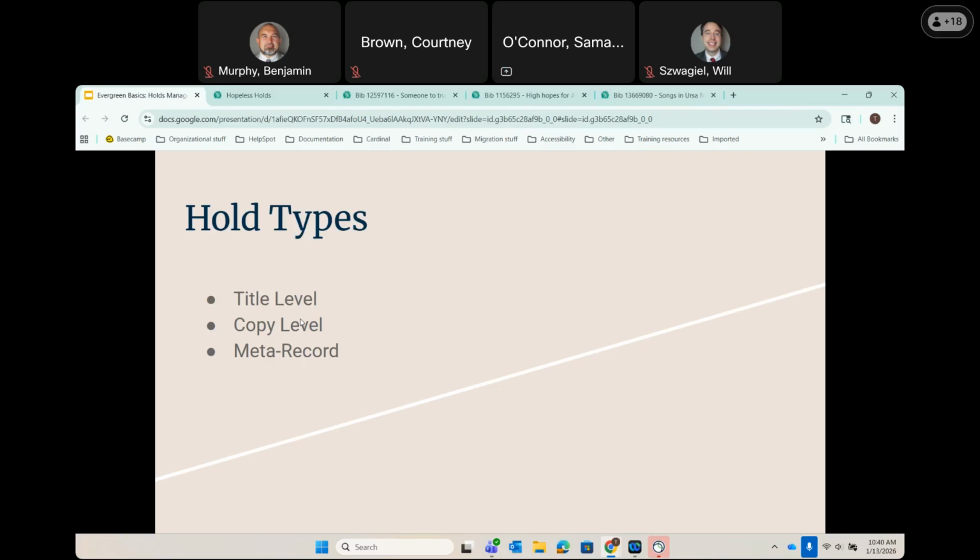All right, so let's talk about hold types. We did touch on this briefly with hopeless holds. Oh, we've got one more question. If a request comes into our branch and the particular item number is missing, will holds cycle to another available copy at our branch, or will it fulfill from another branch? So if the request is for pickup at your branch and your branch's copy is missing, as long as this is a title hold, not a copy hold,